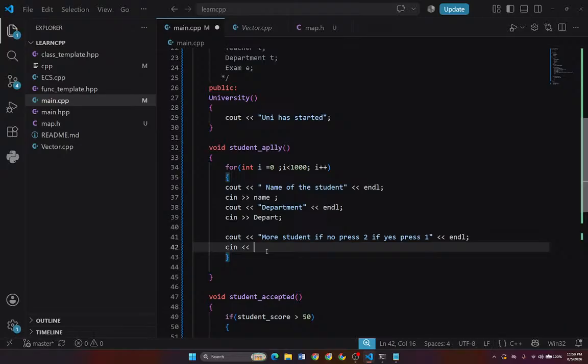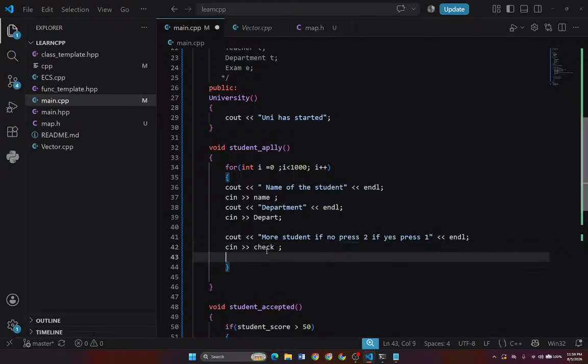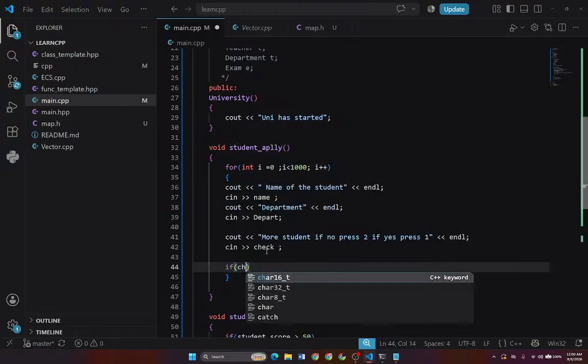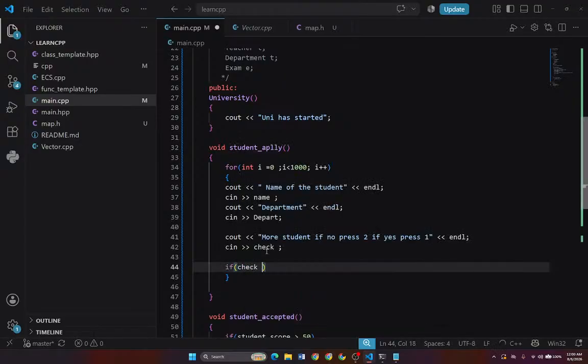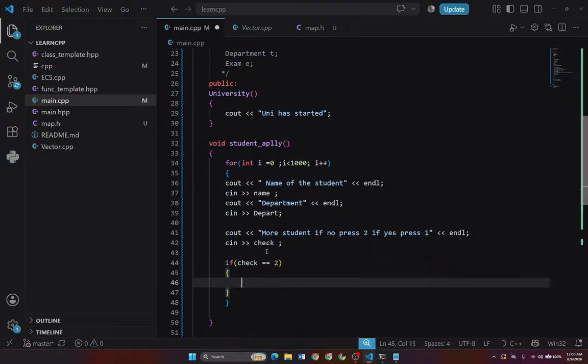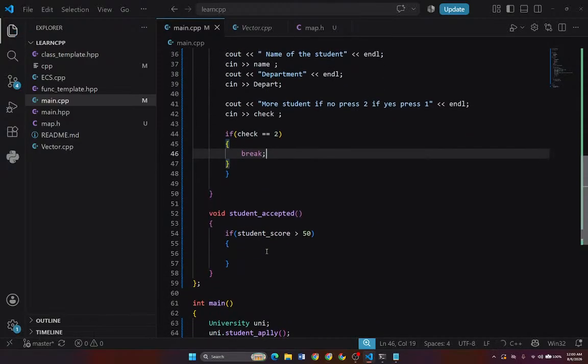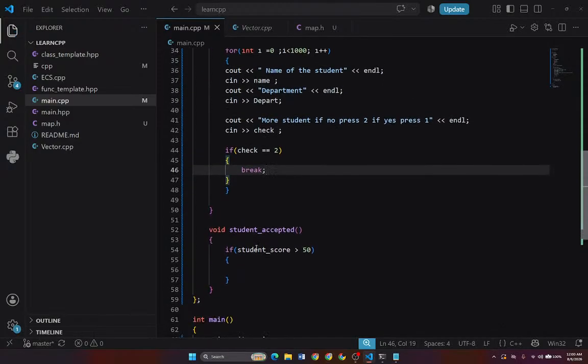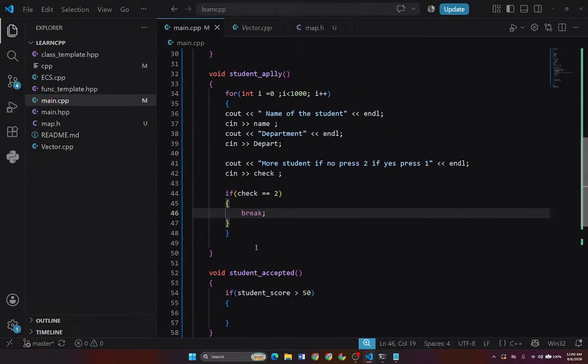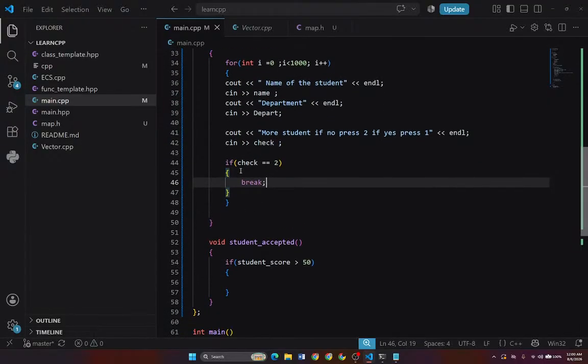Check in the no, not in the check, and if check is disgusted, break. Student acceptance. Student apply. Students gonna apply and